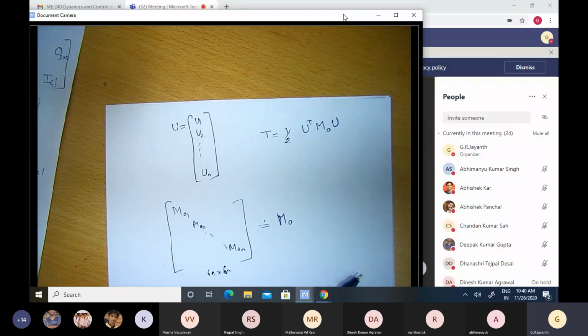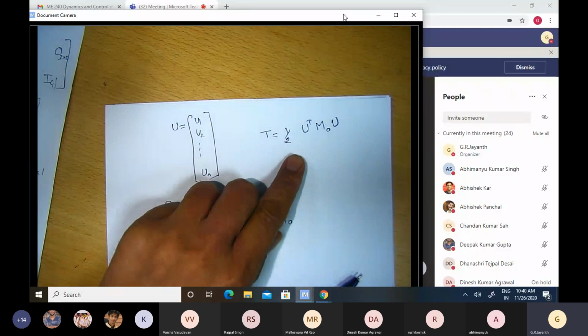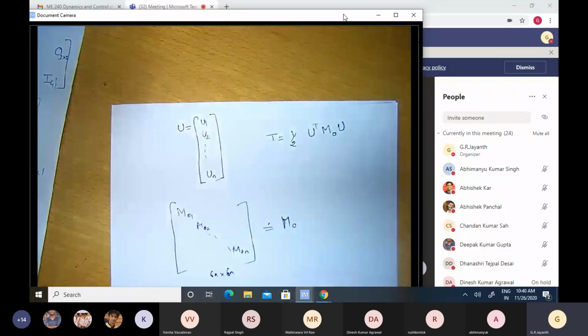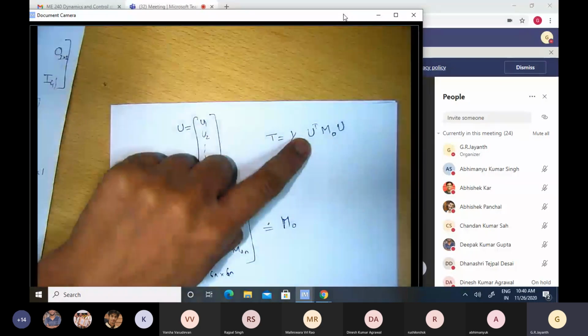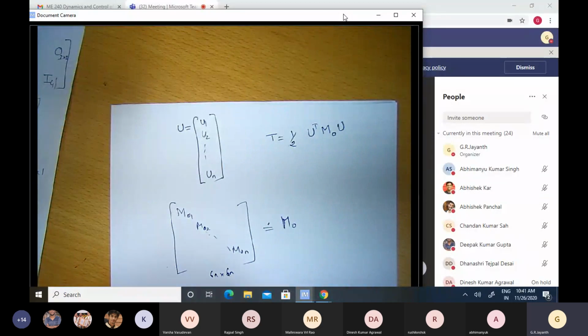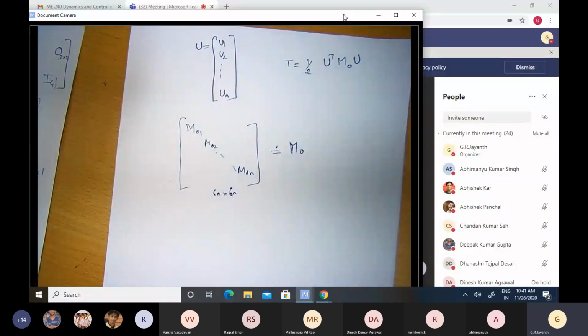I think at this point it is fair to pause and admire the genius of vectors and matrices. What looked hopelessly complicated with lots of indices and so on could be shortened to one single short equation. You have to now remember only 2 symbols, M naught and U. You have packaged away the rest of the complexity in the definitions of what capital U stands for, what capital M naught stands for, and so on. So to the eye, it is visually very appealing, and it tells us exactly what we need to pay attention to at a global level, and not get lost in all the indices and the summations and the products that we would otherwise have if we did not have this machinery available to us.